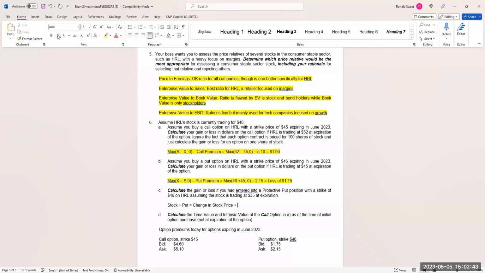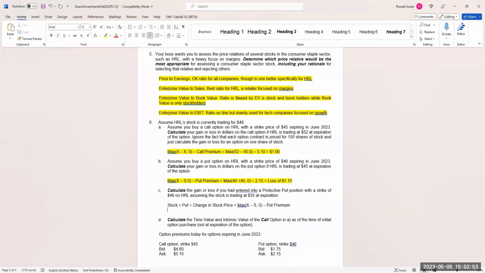And then the put is going to be the max of the strike minus the stock, and 0, minus the put premium. So the change in the stock is the stock. Oh, there's the $35. It's trading at $35. The beginning stock price is up here, 48. So wow, we lost $13 on the stock, but fortunately we had the options, so we do the max of the strike